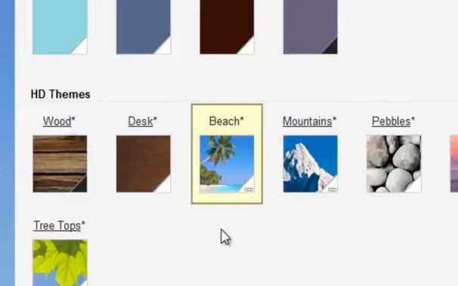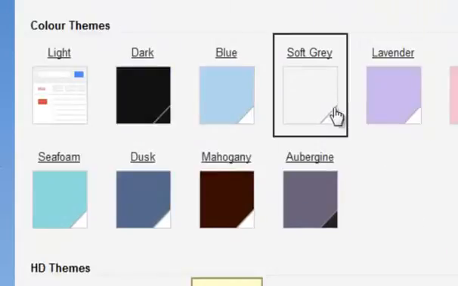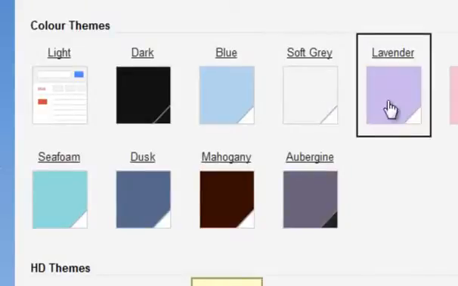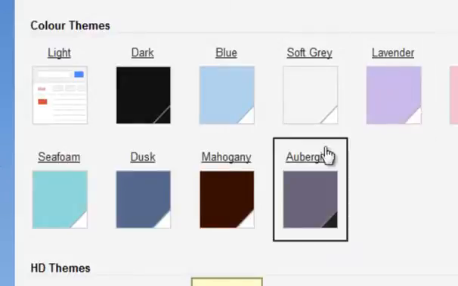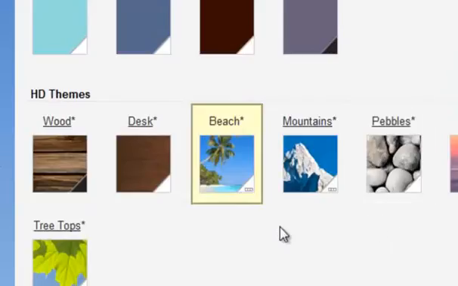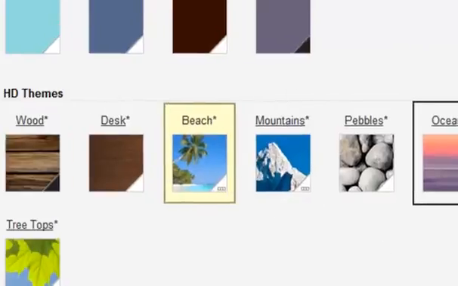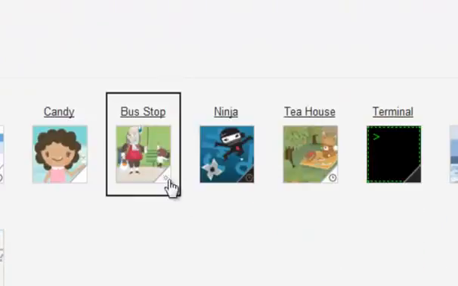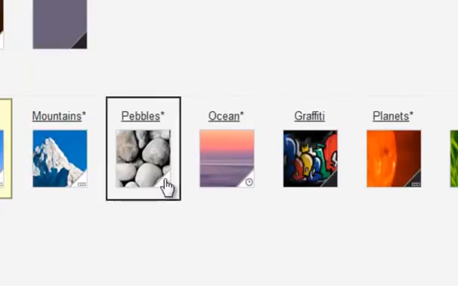We'll just point out, if you look at this little triangle in the bottom of these colour patches, what this is saying to you is, say this lavender one, for example, that lavender will be the background colour and the panels will be white. This aubergine one, the background will be this sort of aubergine colour and the panels will be dark. So you have the option of having a darker look or a lighter look. You've also got, if you look carefully in the corners here, these three little boxes, and some of them have a little picture of a clock, and some of them have a little picture of a sun. What that's telling you is that if you pick one of the